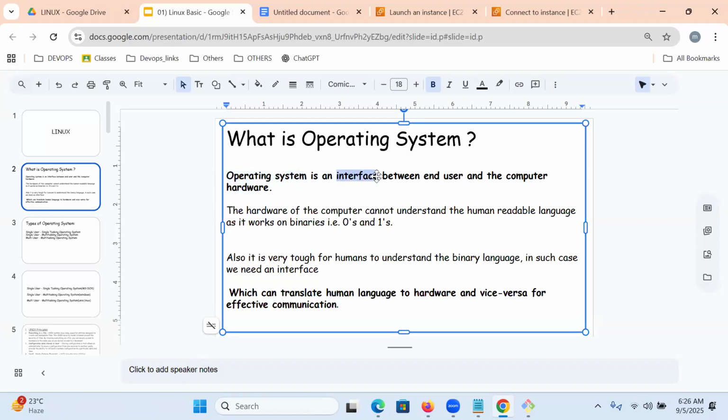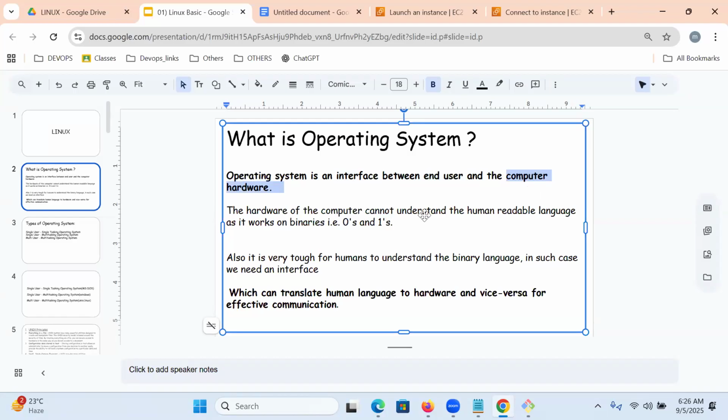Interface means to intercommunicate with each other. So whatever we give from the end user will be translated and given to the hardware, and the reply is translated back to the end user. So an operating system is an interface that intercommunicates between the end user and computer hardware.